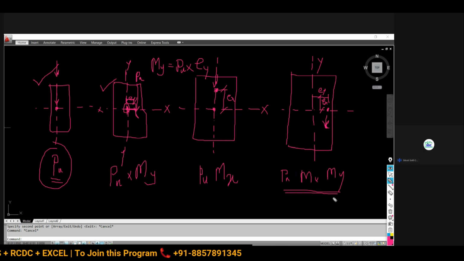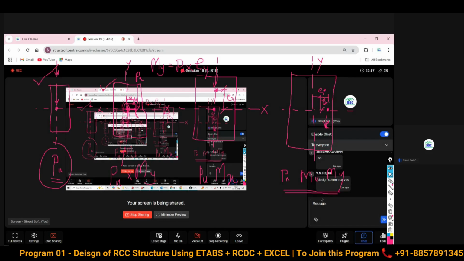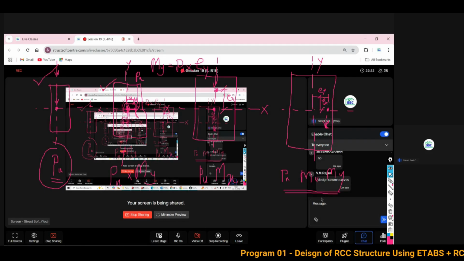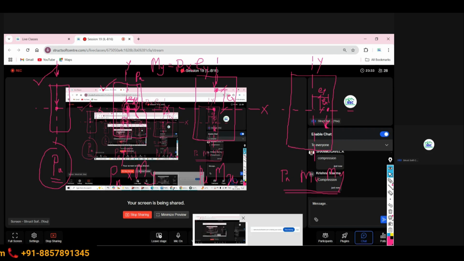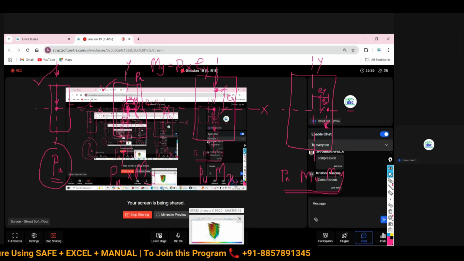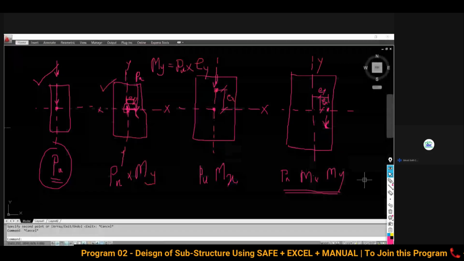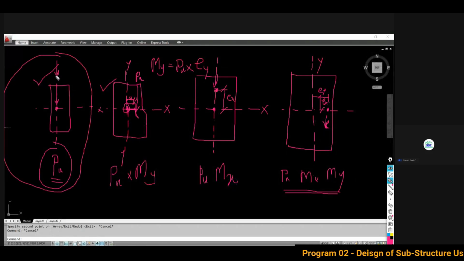But my dear friend, you tell me, what is the nature of your column in respect of resisting stress? Is it a compression member, a flexural member, or a tensile member? What is it? Very good, it is the compression member. Okay, so the best and ideal recommendation is for the column to be of the first case, purely axially loaded. This is our expected, or I can say the ideal, condition.